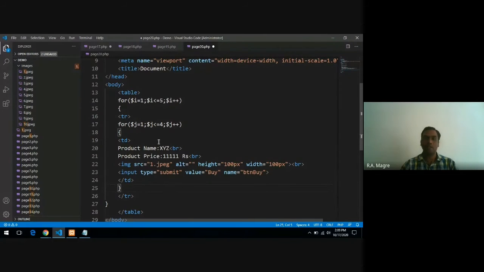Means inside every row 4 product will display. And this I will close. This also I will close. This also I will close here, and this also I will close.